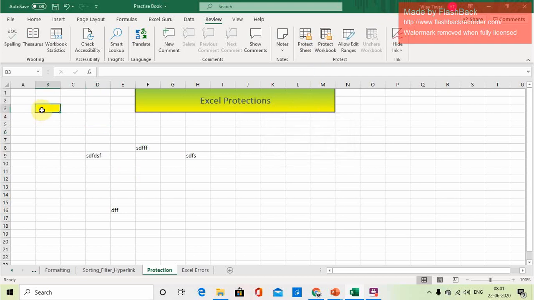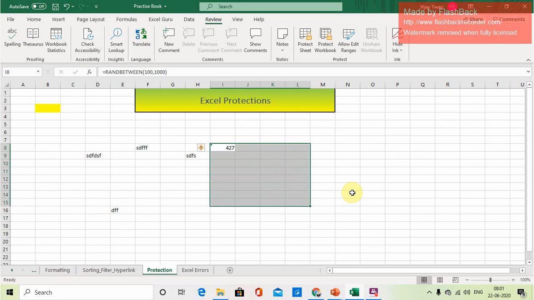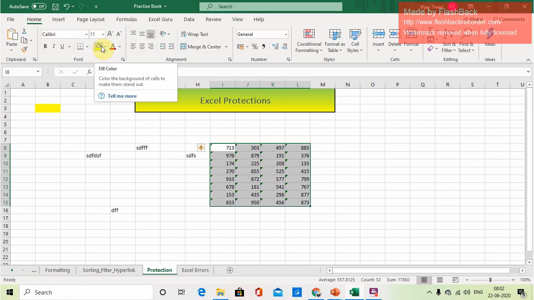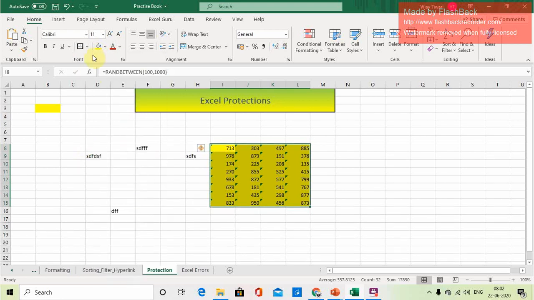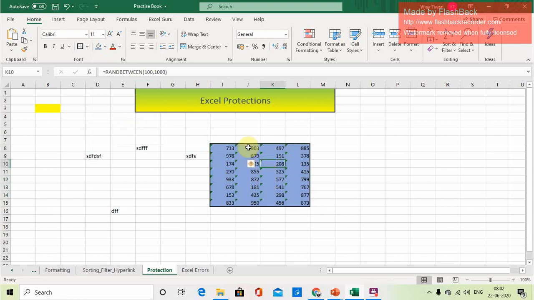Suppose I have to protect some specific range where a formula is applied. See, some values are there in a specific range. You are sharing a calculated sheet with somebody and you don't want them to be able to change a specific range. On the rest of the cells they can make changes, but that specific range the user should not be able to change. So this is the specific range I want to protect, and I don't want any user to change anything in it.